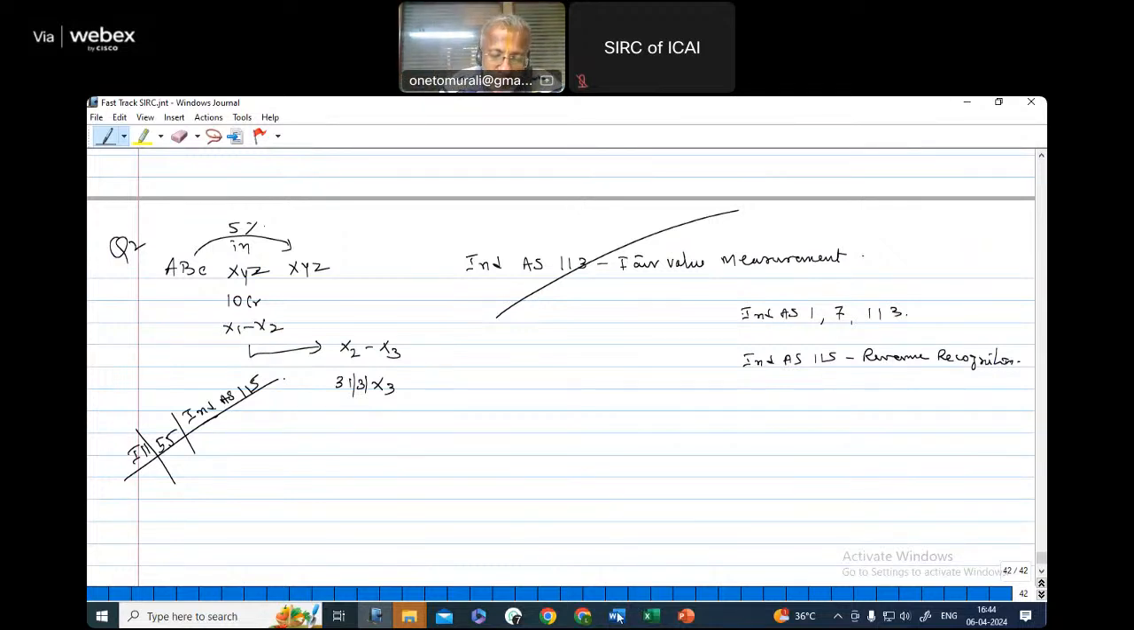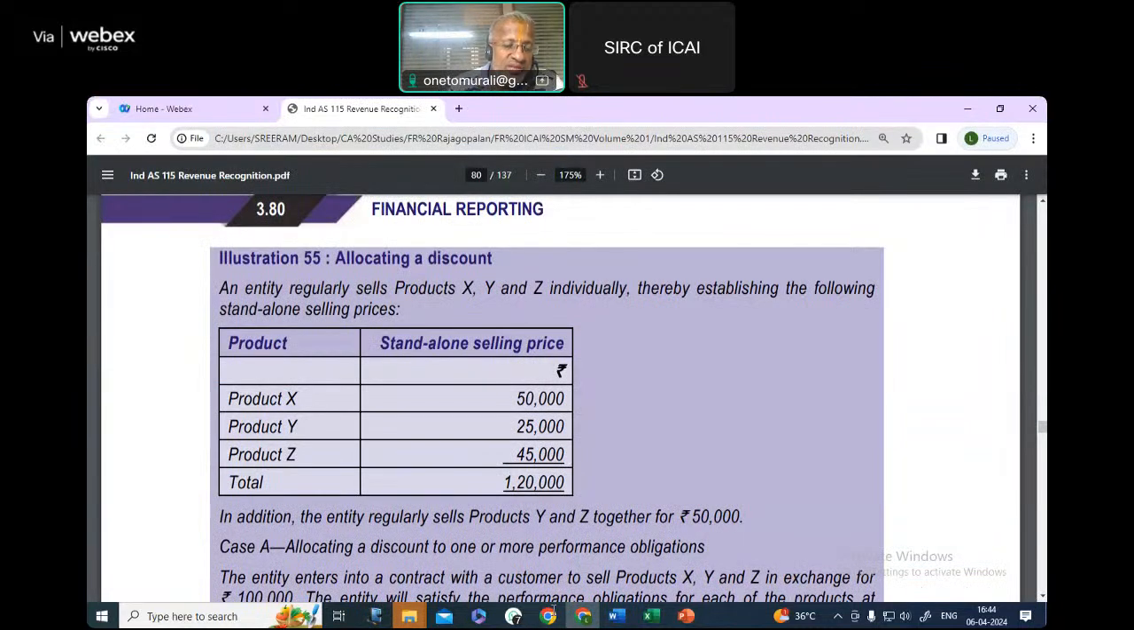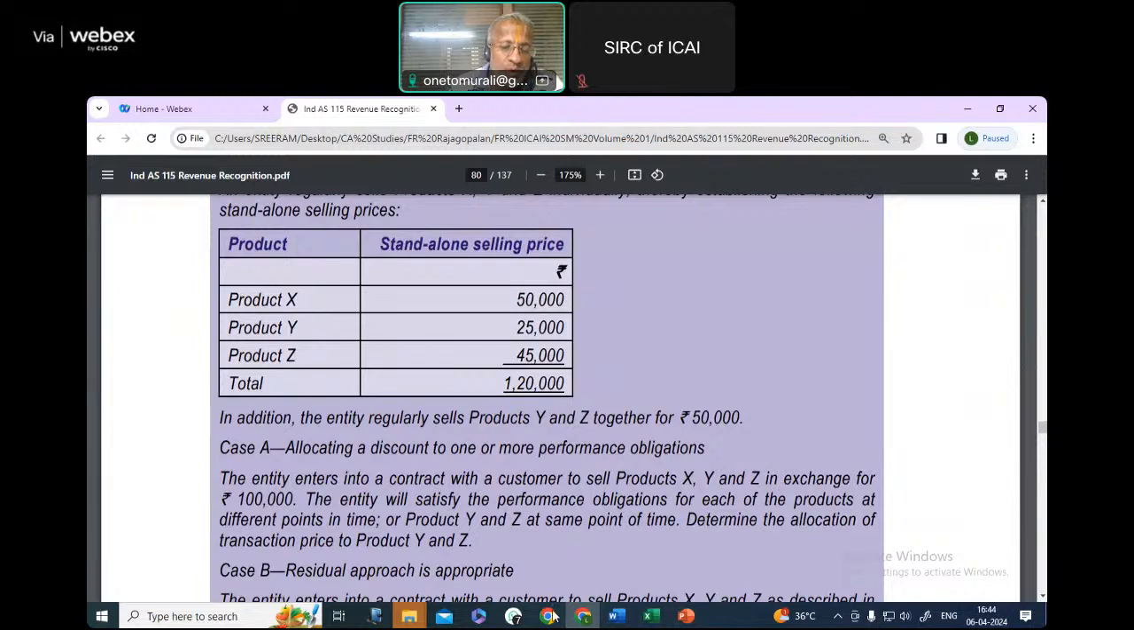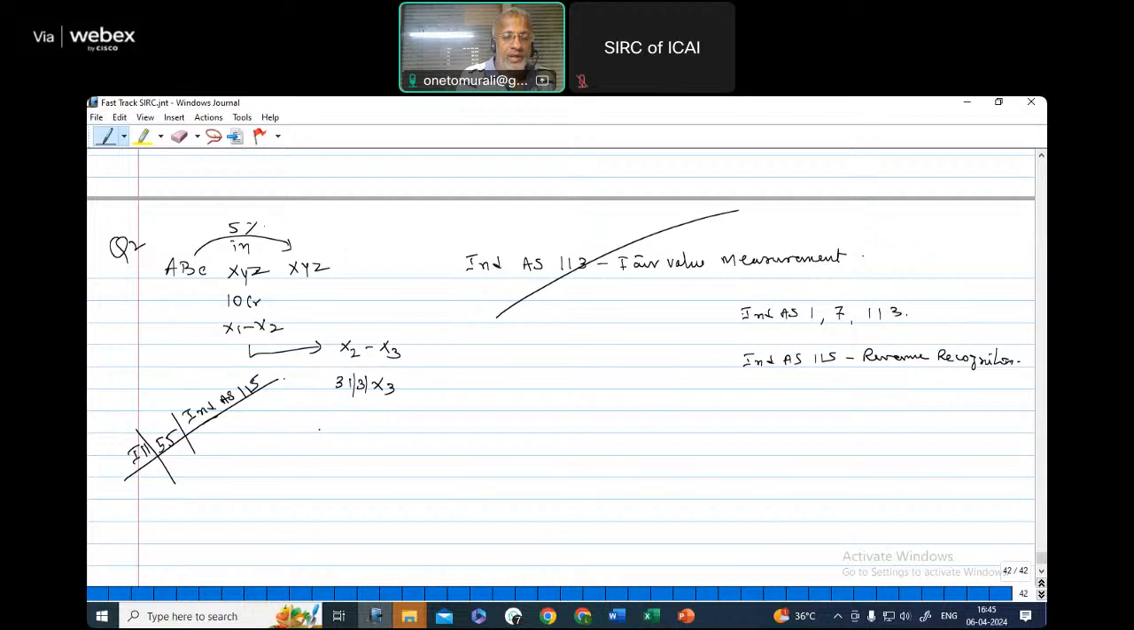So what is it they have mentioned here? X, Y, and Z given as 50, 25, and 45. Total of that comes to 120,000. But they also have the habit of selling Y and Z for a total sum of 50,000. So products are X, Y, and Z standalone